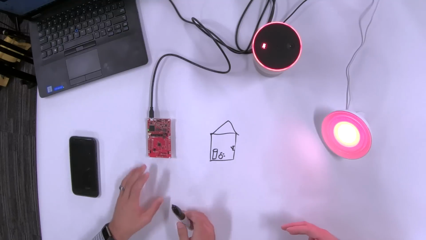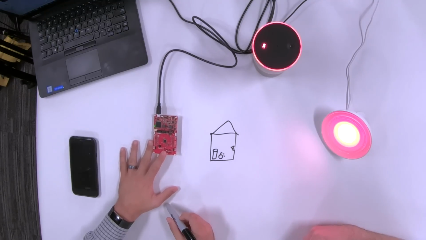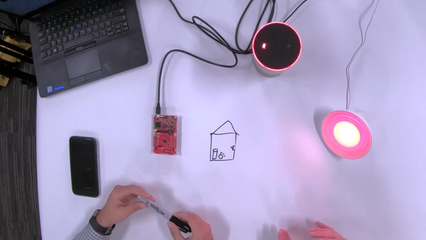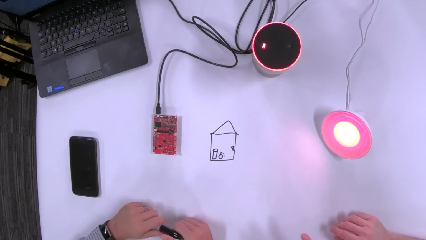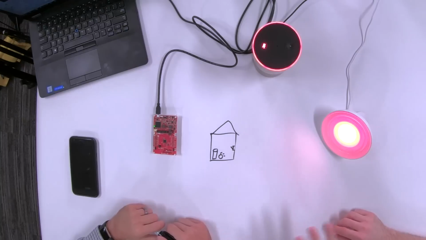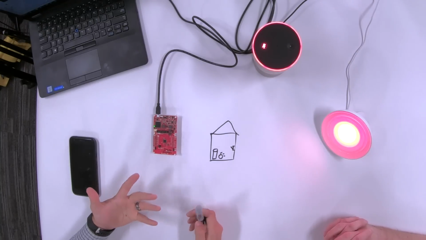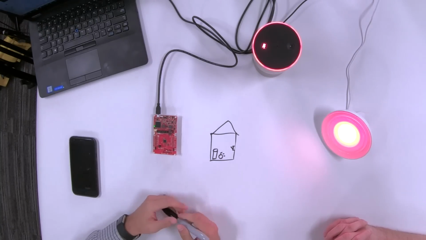Okay, and so the DMM here on our TI Launchpad, what device is it running on? Yes, so this is the CC26X2. Okay, and so the DMM there is running both a Zigbee network, which is the Echo and the light, and a BLE network, so you can interact with your phone. Exactly, and that's actually how we're going to be commissioning it into the Zigbee network.